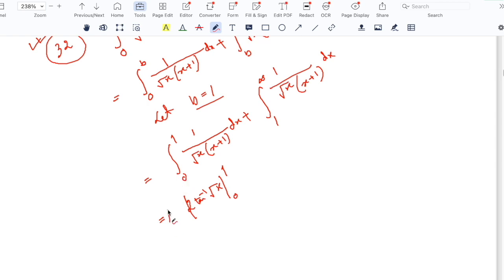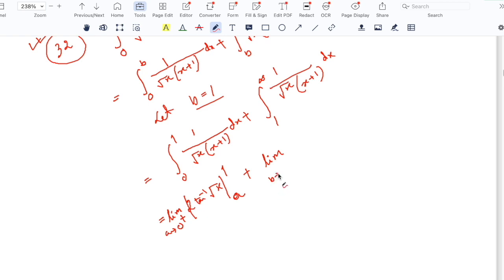So I should put here limit a tends to 0 from the right, plus by definition limit b tends to infinity,